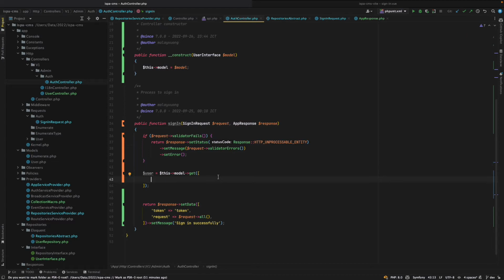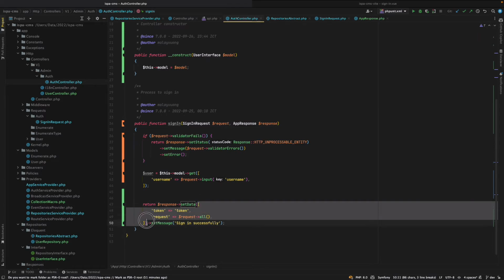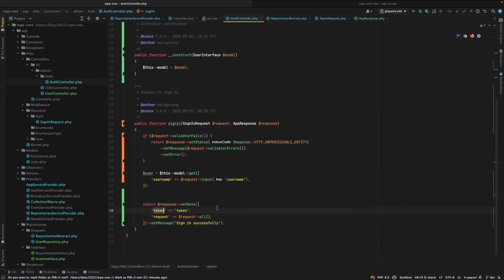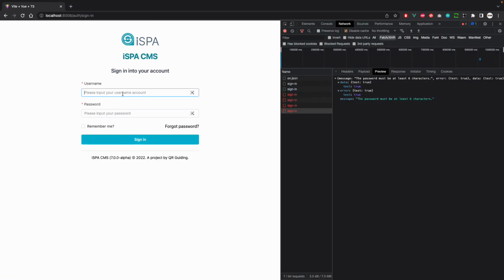First we need to get the username, maybe that. So we have a username is the request get username, input username here. So we dump to user, the user here. So we try to